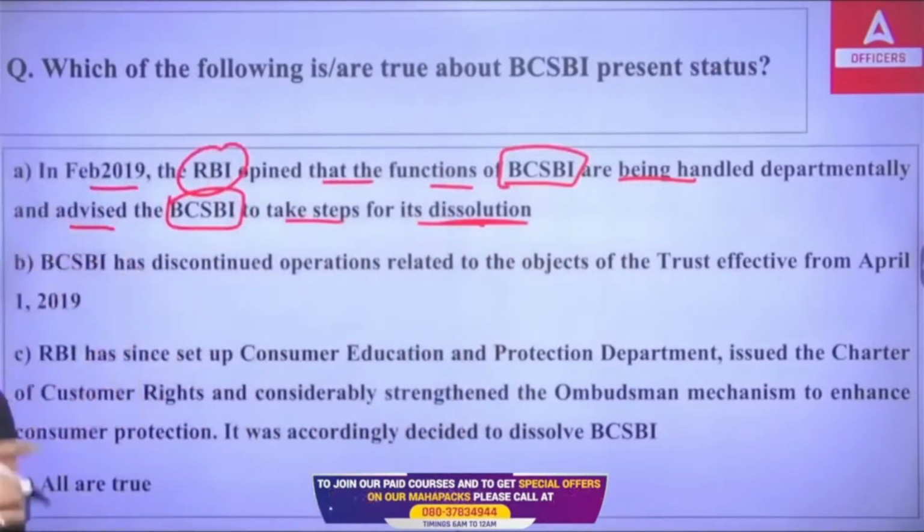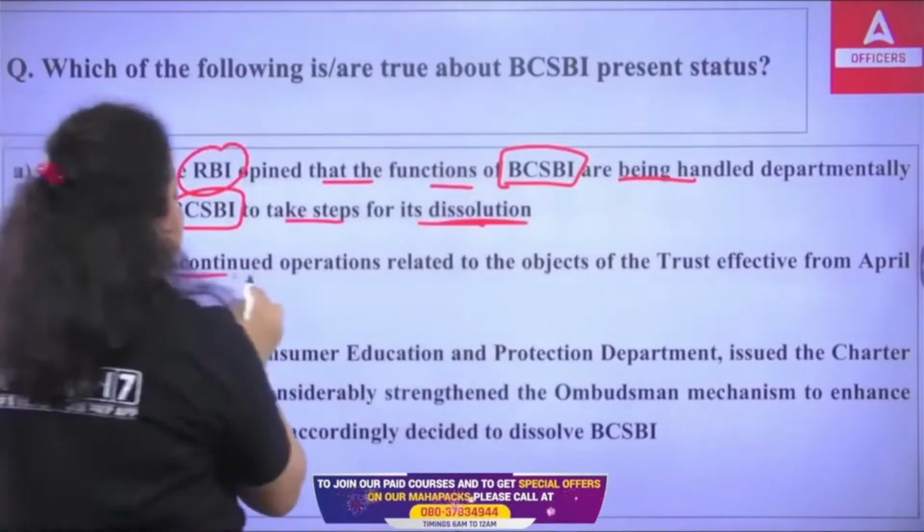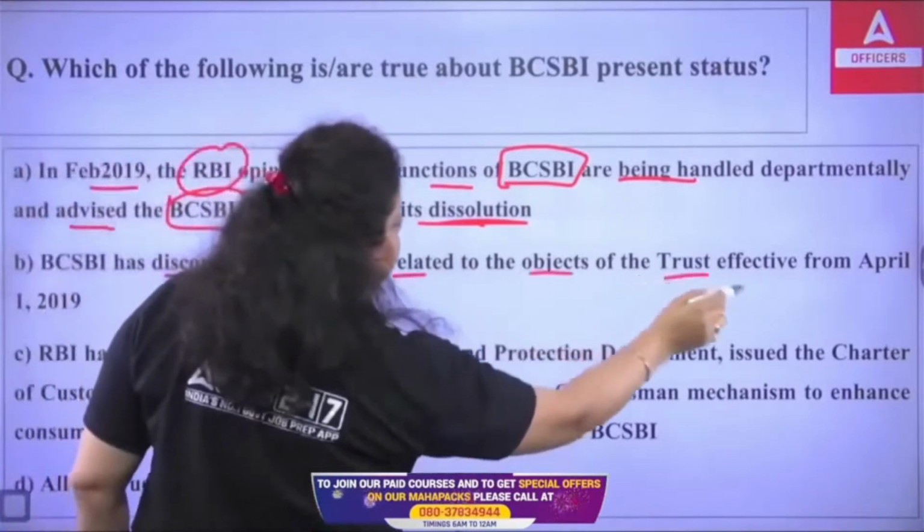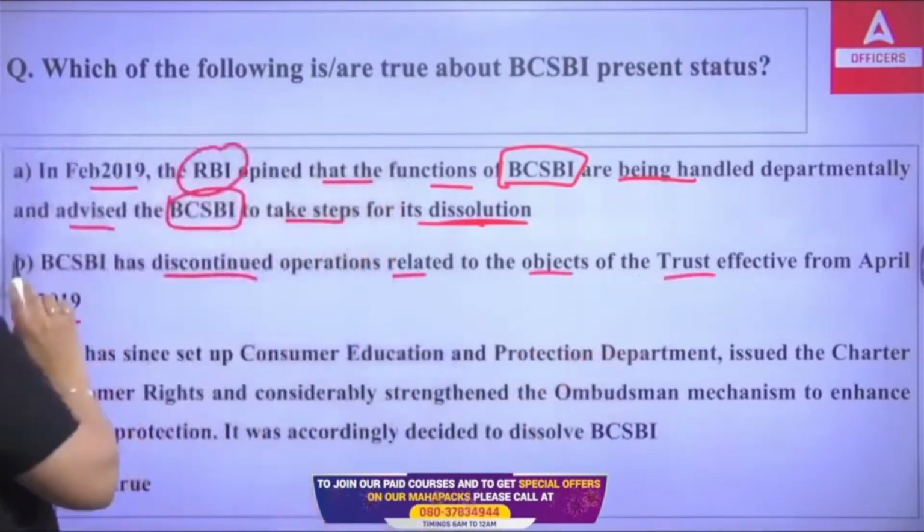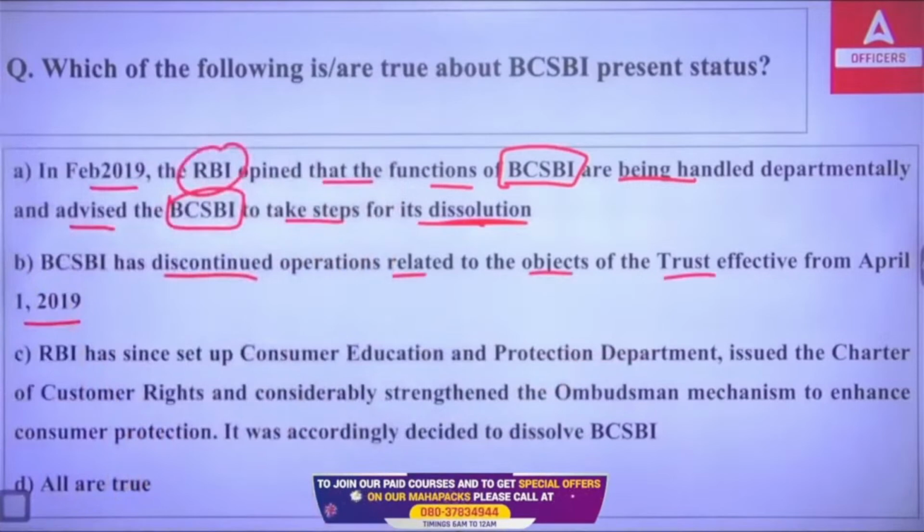removed from the country. The second we have here, BCSBI has discontinued operation related to the objects of the trust effective from 1st April 2009. Like BCSBI has discontinued its operation from when? From 1st of April 2009. Third,